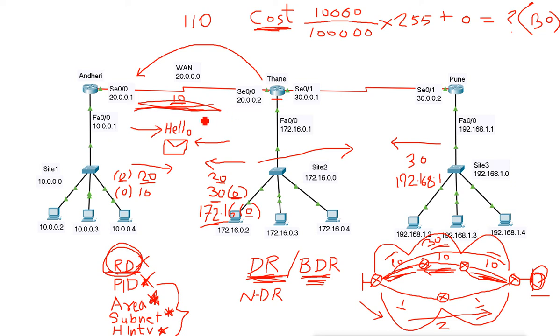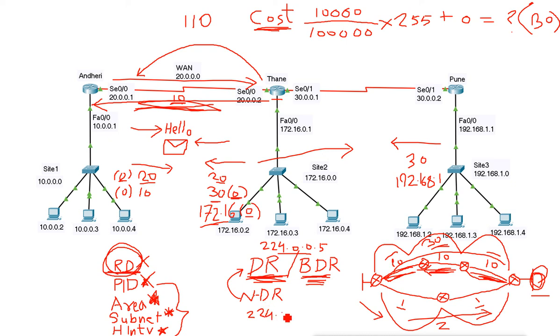And when they send the hello, they get the reply also. Like when this router says hello, this router will also say okay, hello. Why? Because OSPF doesn't do broadcast, it does multicast. It uses two IP addresses for multicast: 224.0.0.5 and 224.0.0.6. These two multicast IP addresses are used to send the information to each other. One IP is used to send the information from non-DR to DR router, and the other IP is used to send the information from DR router to non-DR router.